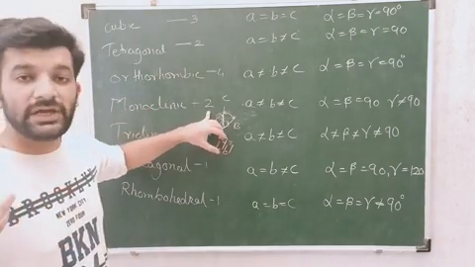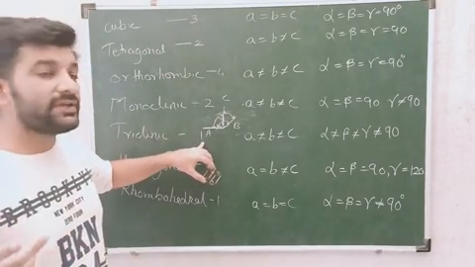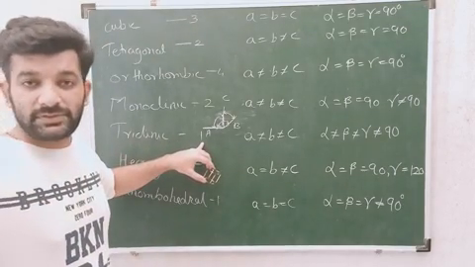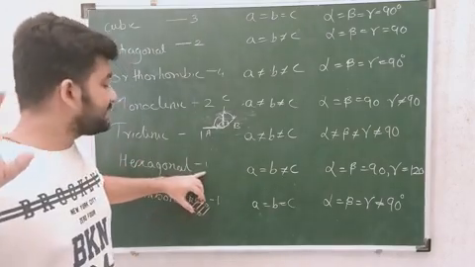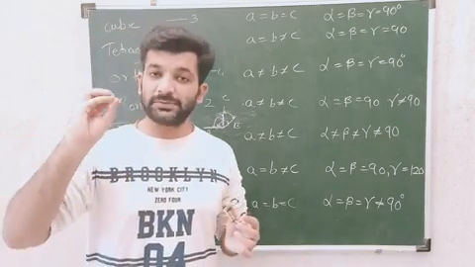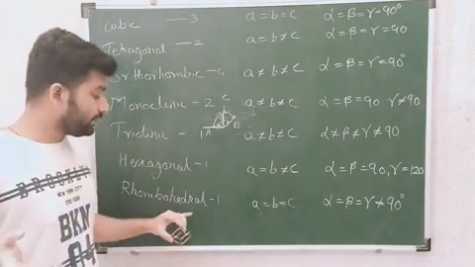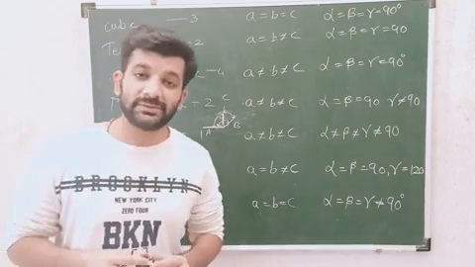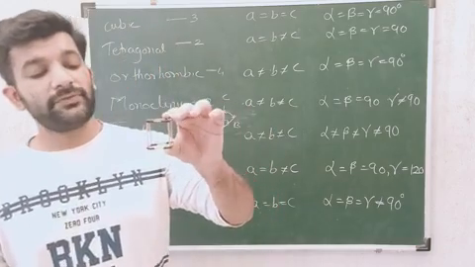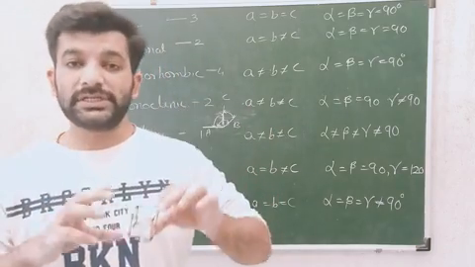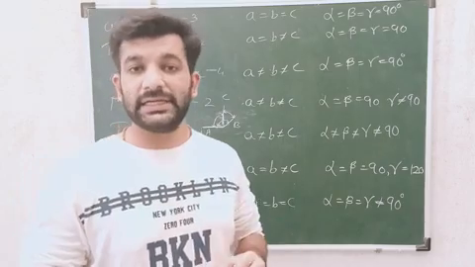Here monoclinic will have two types. Triclinic will have only one type, that is corners, atoms present at the corners. Next is hexagonal, again atoms present at the corners, that is primitive. And rhombohedral will also have atoms present at the corners of that cube. So in this way we are going to see the different unit cells and their types.